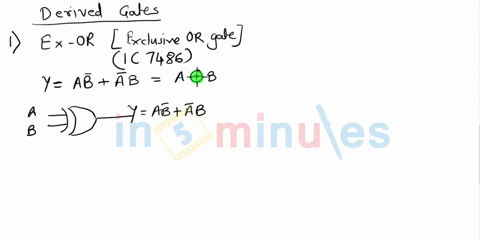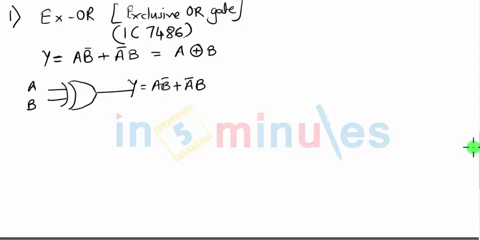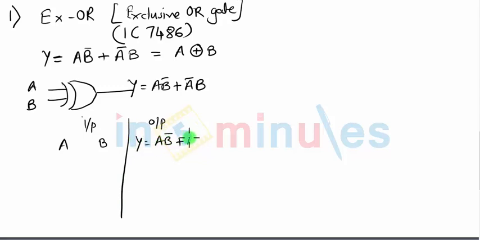So this is the writing notation for XOR operation between A and B, that is nothing but a plus sign in the circle. If you see the truth table for XOR gate, inputs as usual A and B, whereas output Y = AB̄ + ĀB. If you are seeing this expression carefully, it is nothing but a combination of all the three basic gates.